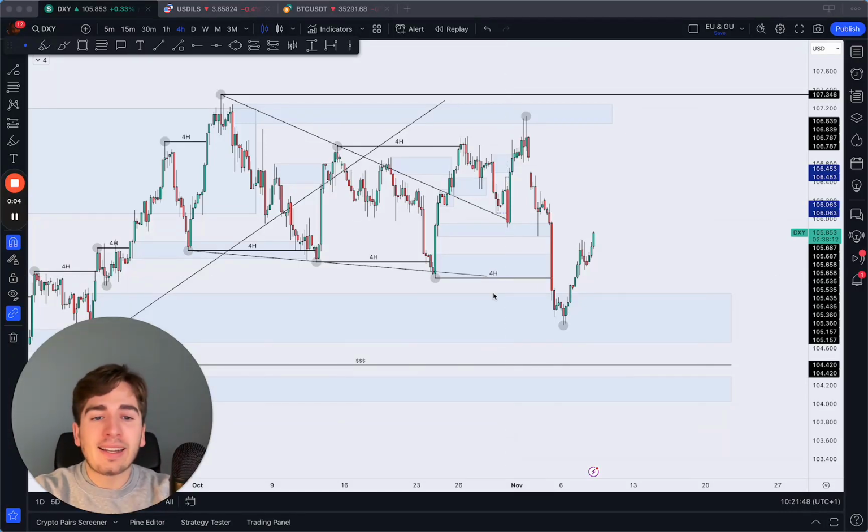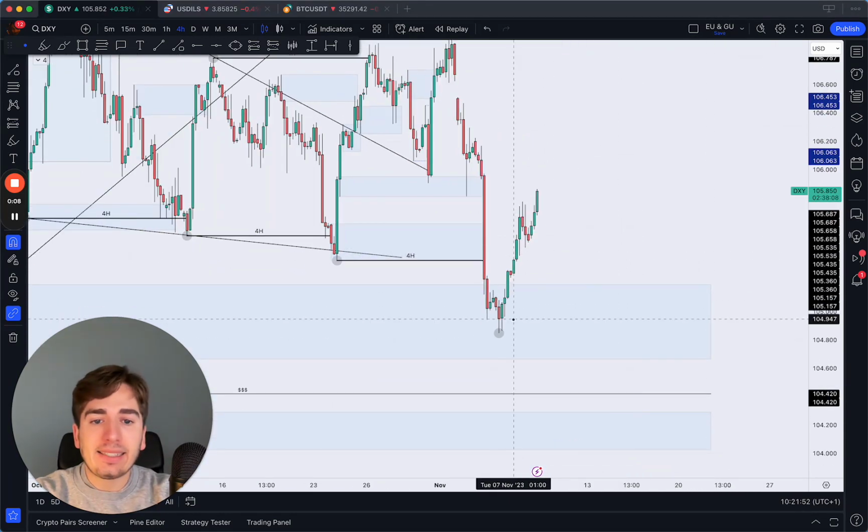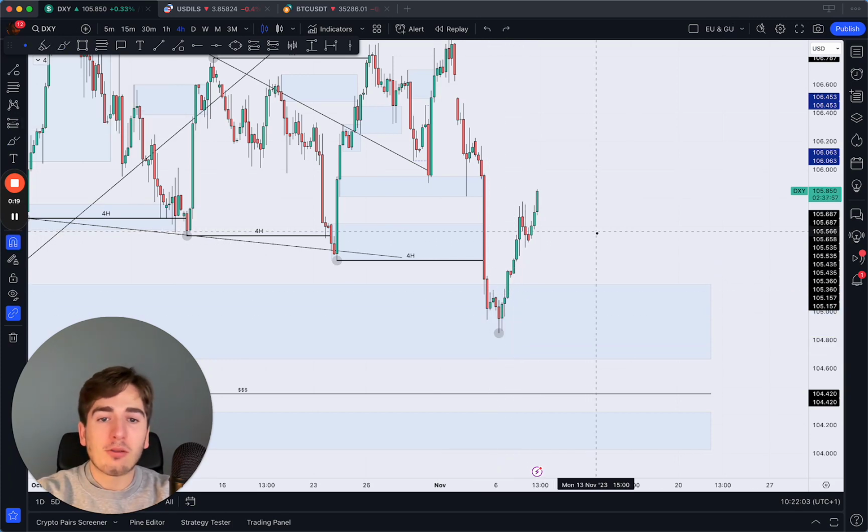Starting off with the dollar index. The dollar index has been pulling up in towards the highs as we of course expected in yesterday's video. As we can clearly see, we took out that low yesterday over here, swiped those early buyers out. Then we saw that change of character, and from that moment, we were of course logically bullish and ready to